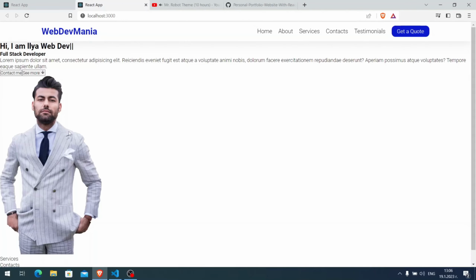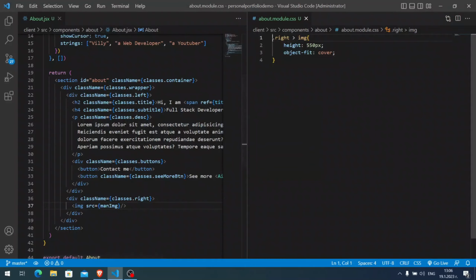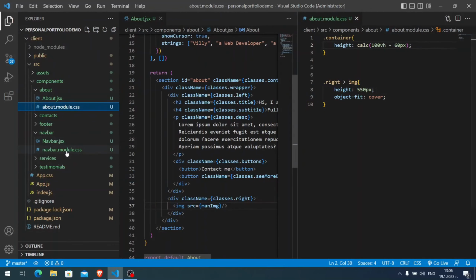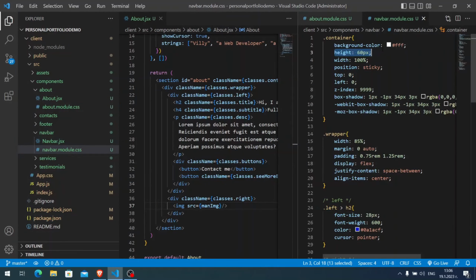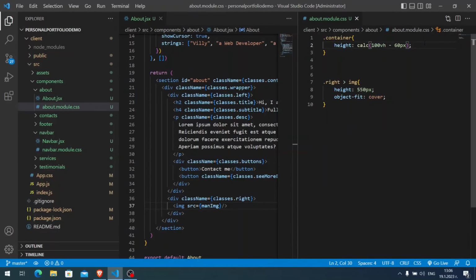So if I go back here, okay, right now you see the image, it's in normal size. Okay, so let's start of course with the container. So I'm going to make this below to have some spacing, and here the container is going to receive a height of calc 100vh minus 60 pixel. You probably ask, okay, web dev mania, why is it minus 60 pixel? Because our height here for the navbar, you see here navbar.module.css, is 60 pixels. So I want my about section to take everything